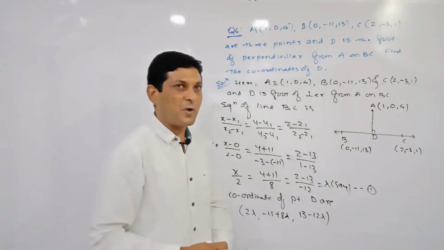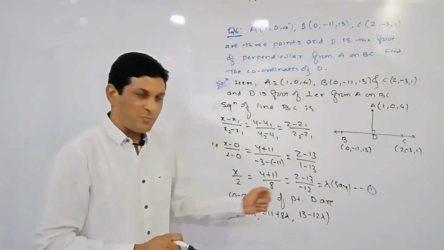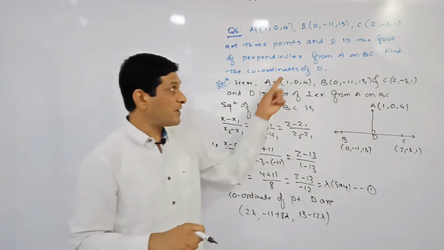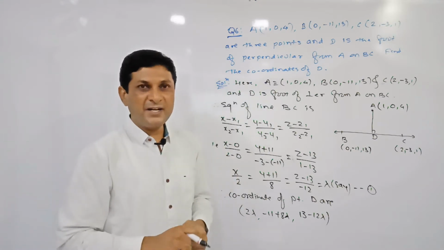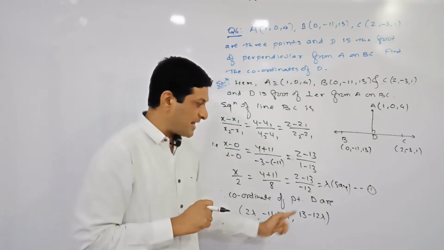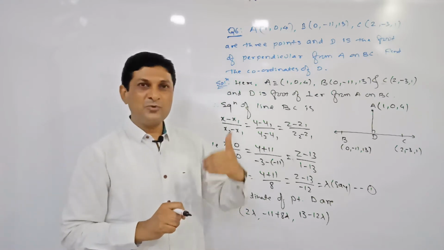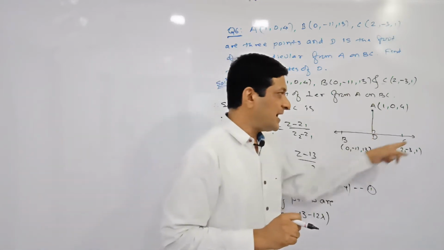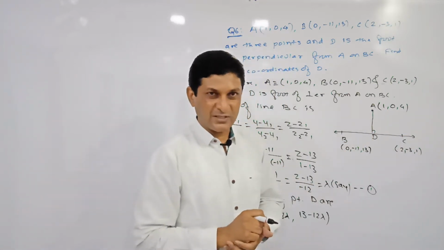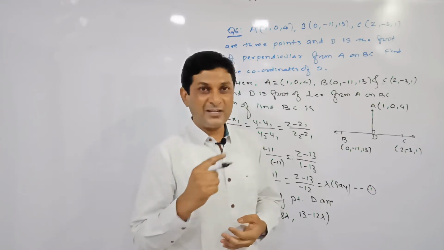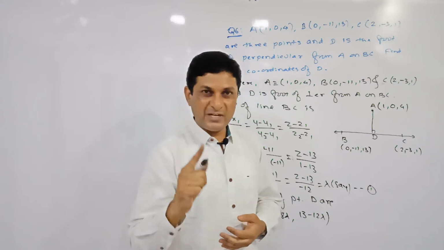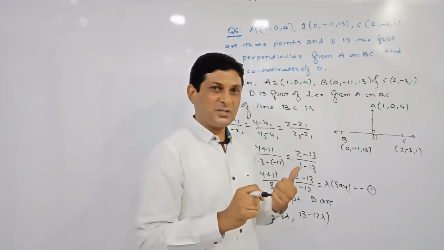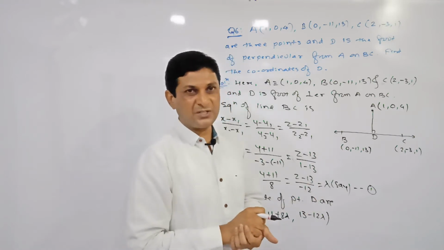In this way we have got the coordinates of point D. The question is to find the coordinates of point D, so which value is required here? Lambda is required. Again, the method which you have seen in an earlier example, the same method we apply here: the two lines AD and BC are perpendicular to each other. We know that if two lines are perpendicular, the direction ratios satisfy the condition a1a2 plus b1b2 plus c1c2 is equal to 0, where a1, b1, c1 are the direction ratios of one line and a2, b2, c2 are the direction ratios of the second line.